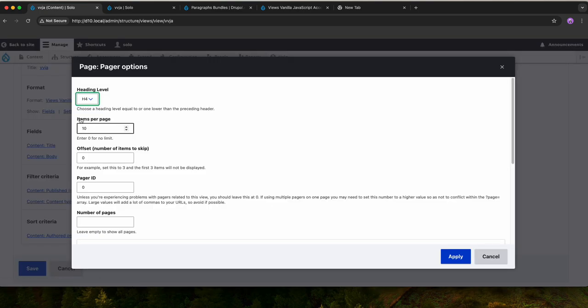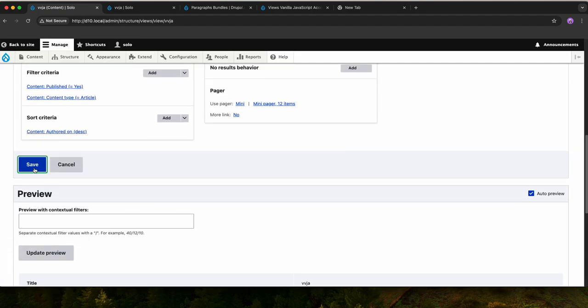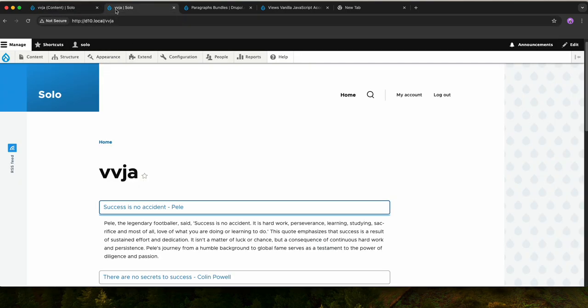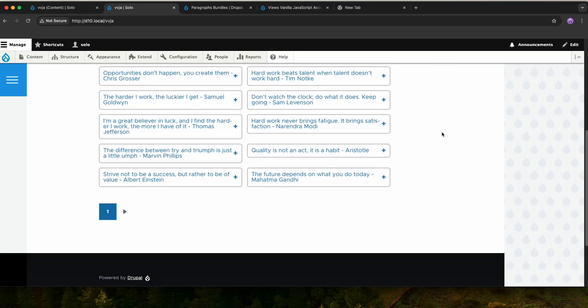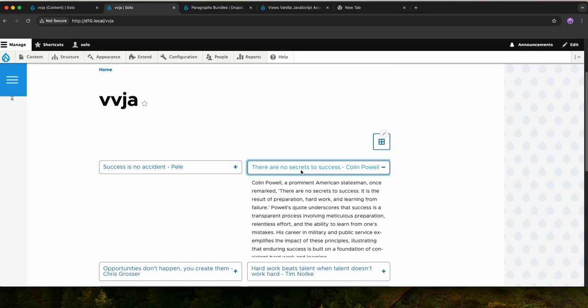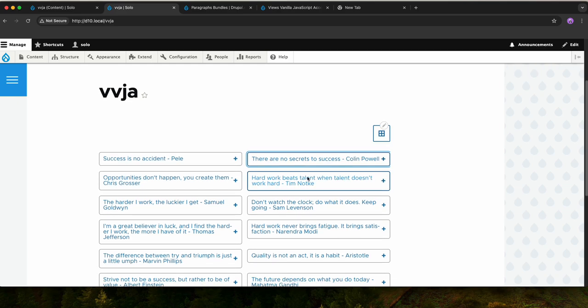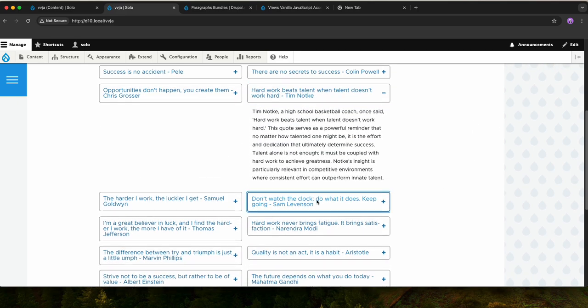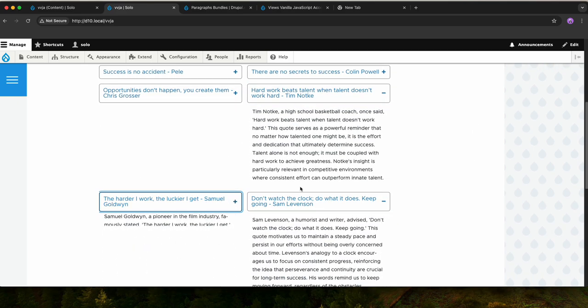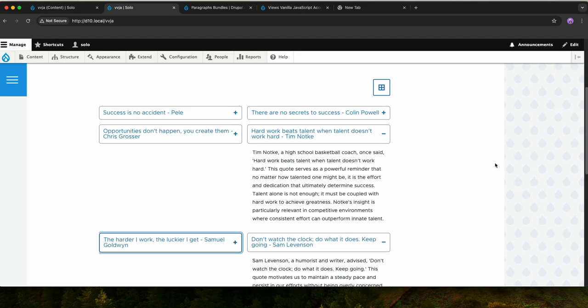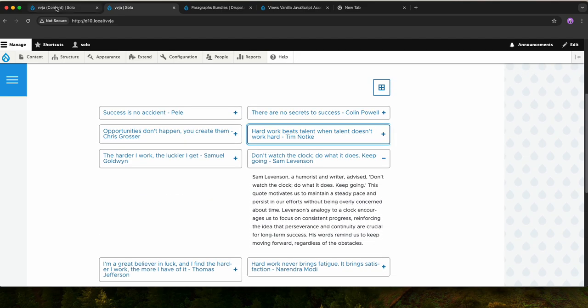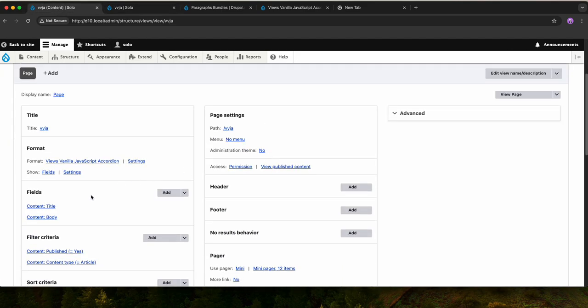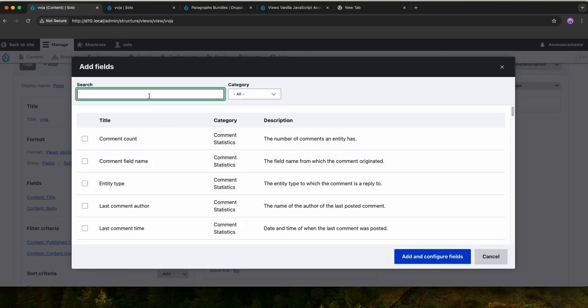let's do 12. And if we refresh, there it is. So that's the other way I thought of it, if you wanted to do an accordion with cards. But another useful way, if you want to add an image,